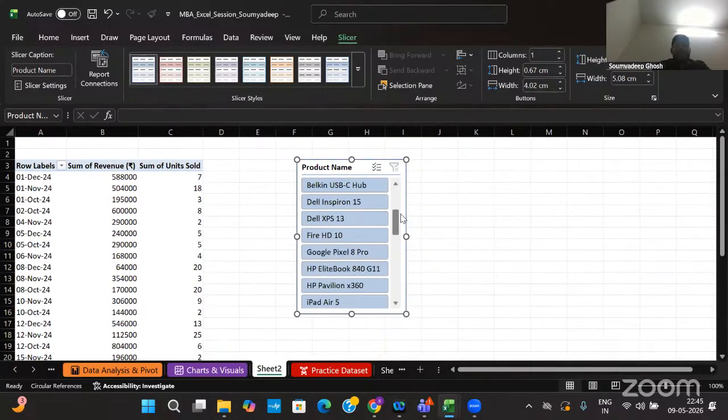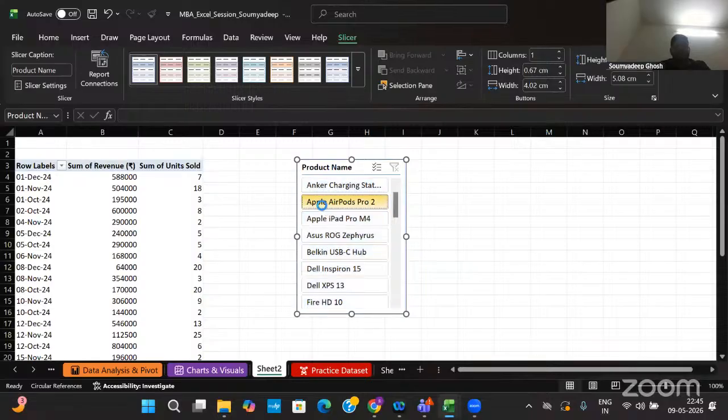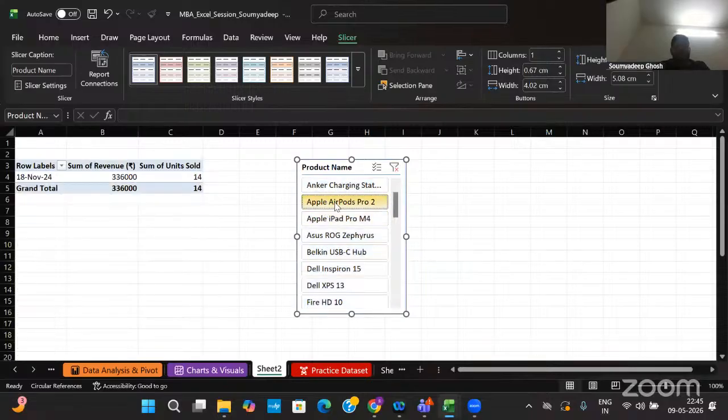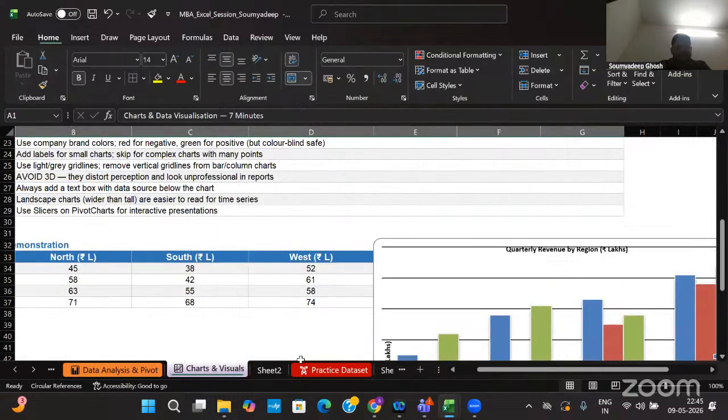And I want to see in each and every month what is the revenue which has been generated by Apple AirPods. Then just click on that particular one. You can see only Apple AirPods has generated some revenue in the month of November or in that particular date.